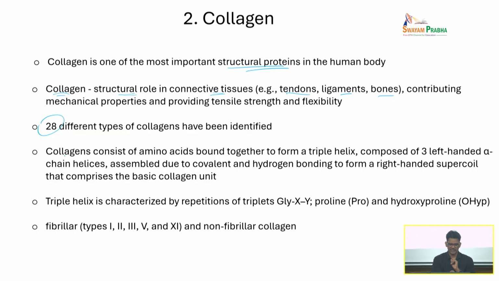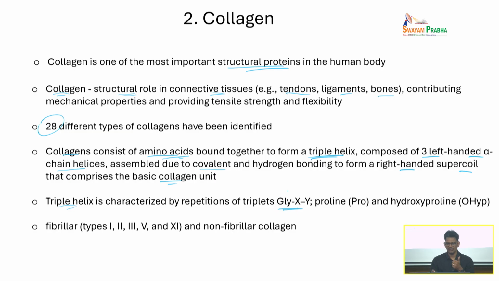So I mentioned collagen is made up of amino acids, and you will find them typically in the form of a triple helix. It contains 3 left-handed alpha chain helices, and they are assembled together through hydrogen bonding to form a right-handed supercoil that we call a basic collagen unit, and these collagen units themselves will organize into a collagen fiber. And this triple helix that we are talking about is characterized by the amino acid sequence glycine X and